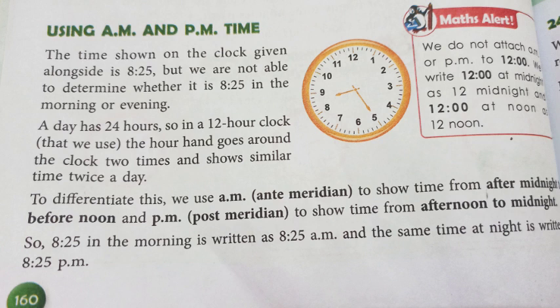Now you have to understand the concept of AM and PM. The full forms are ante meridiem and post meridiem. Why do we use AM and PM? We have 24 hours in a day. So we need to segregate which hours belong to midnight, which belong to your day, or which belong to your evening. For that differentiation, we bring in the concept of AM and PM, right? So AM and PM is very important to be used with the timings. Midnight to noon we use AM, and after noon to midnight we use PM.